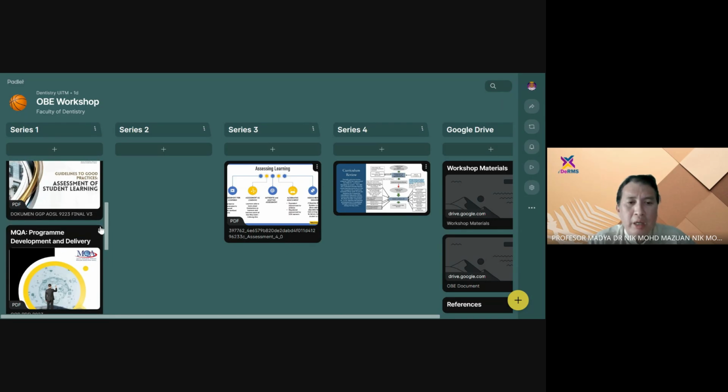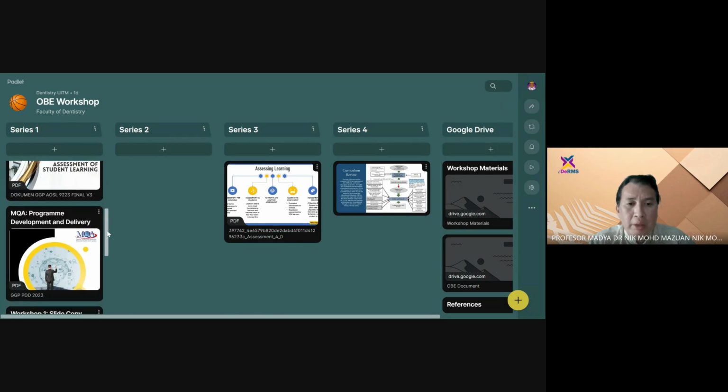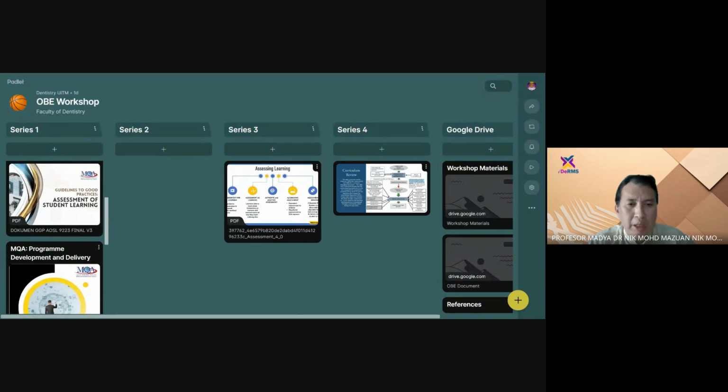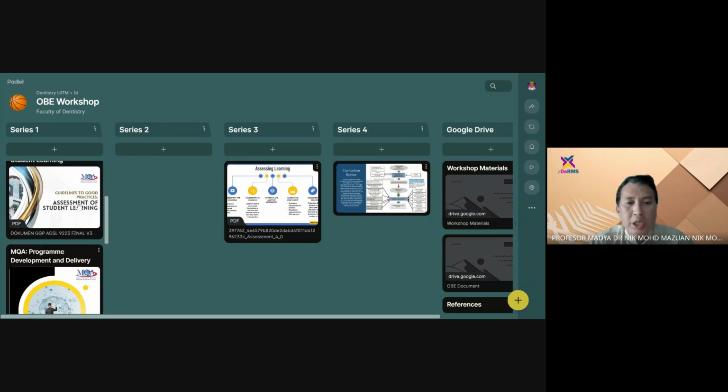It's all here. As an accreditation panel, what we did was, if we couldn't find the program standard statement about that, we would go back to the generic COPA. Generic COPA is the COPA that is made for certain programs, for example, master's program and PhD program. They have their own generic COPA. If the generic COPA also does not address what we are looking for, we will go to the GGP, Guidelines to Good Practice by MQA. So it's all in here.